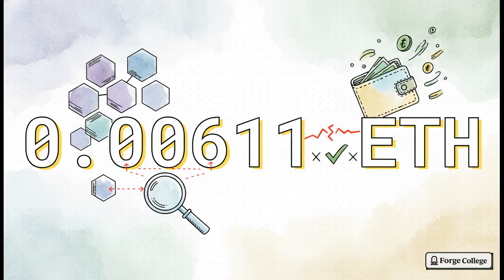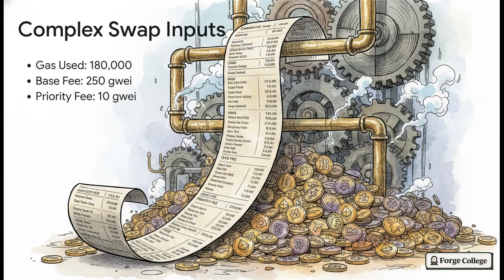And hey, make absolutely sure you're carefully tracking those decimal placements. A single zero out of place here is the difference between a smooth user experience and a highly frustrating failed transaction. Now for our third and final, heaviest manual test case, a complex swap, like trading tokens on a decentralized